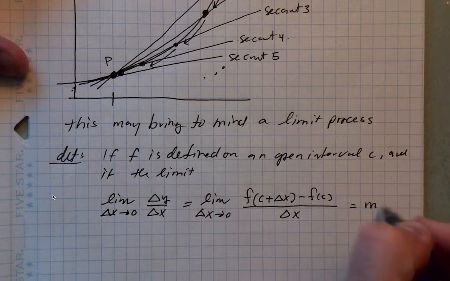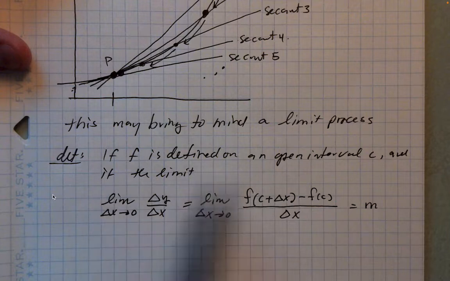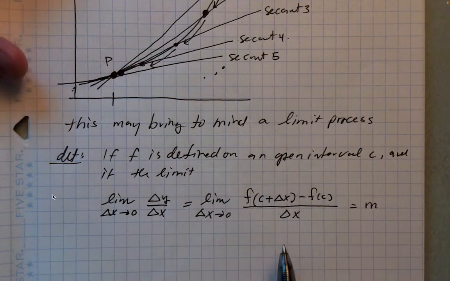And what we would say, as we saw earlier, is this is the slope. So if f is defined on an open interval C, and if this limit exists,